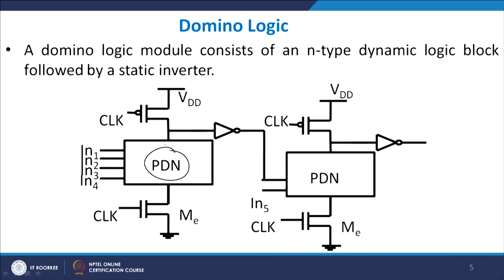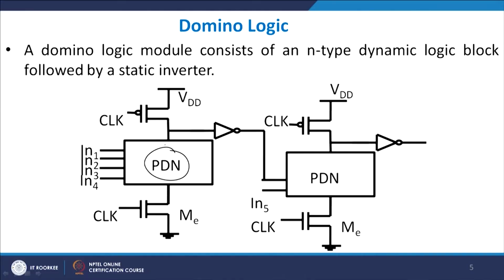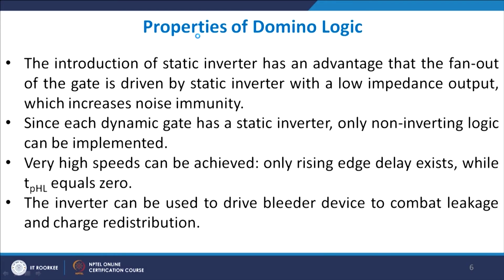Let me come to the domino logic here. Domino logic is basically what? An N type logic block. N type means you are making the PDN with NMOSFETs, but that means you are not touching the PMOSFET. You can have P type when you have a PUN, a pull up network, with the Boolean expression. So, the Boolean expression is the PDN here. We have one PDN network here, and it is connected to a static CMOS here. So, I have a dynamic logic here, and it is cascading to a static CMOS logic at this stage, and that is what is known as a domino logic. I will explain to you later why it is known as domino, but let me explain a basic thing here.